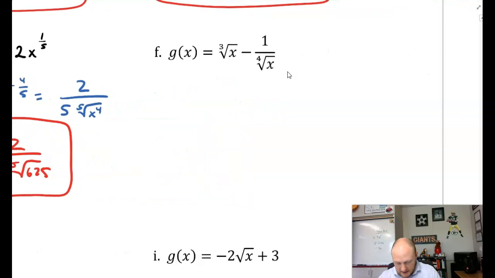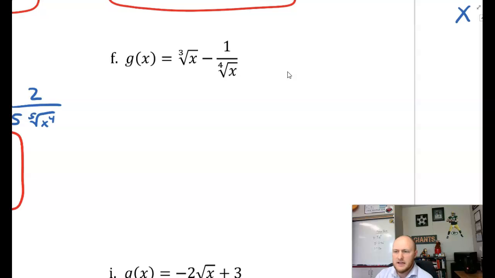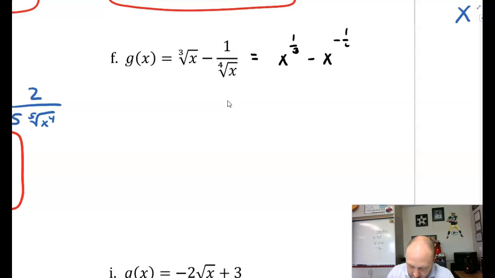Okay, all right, now they're giving us 2 terms, right? Now they think they're being tricky, but they're not. I know that I can just take the derivative of one term at a time, but I just got to change it from radical form back into rational exponent form. So I have x to the power of 1/3 minus x to the power of negative 1/4. Okay, and so g prime of x is going to be equal to 1/3 x to the power of negative 2/3